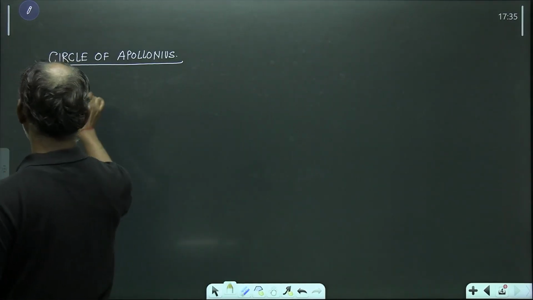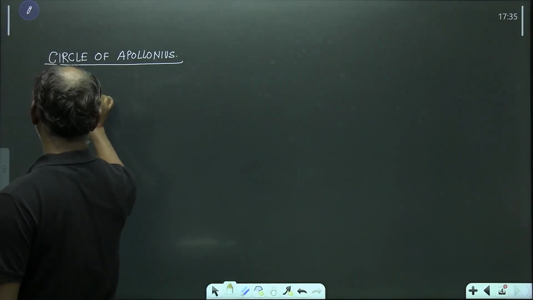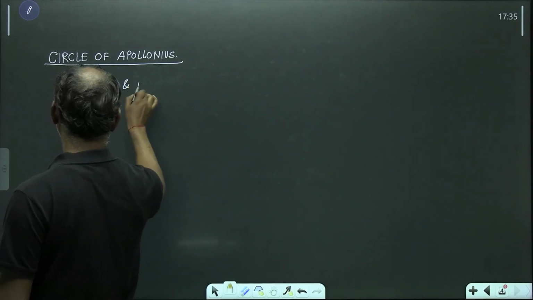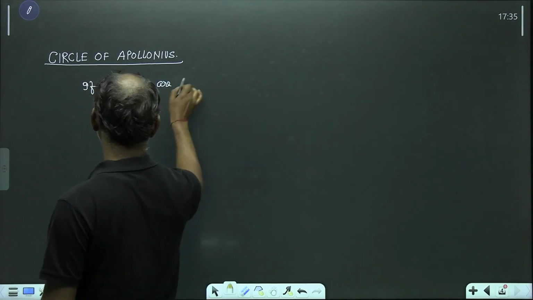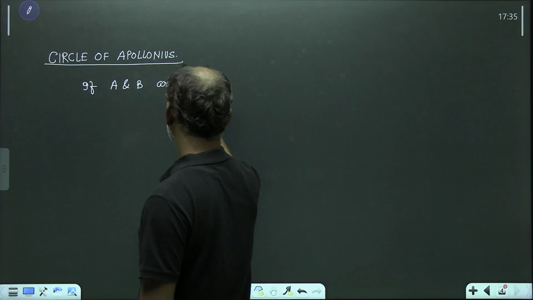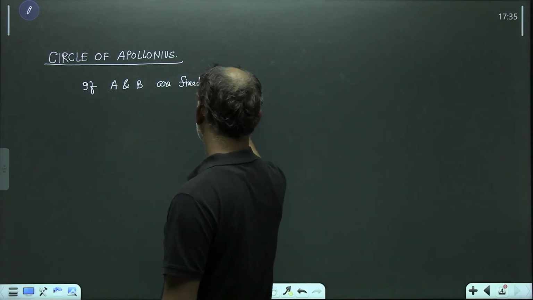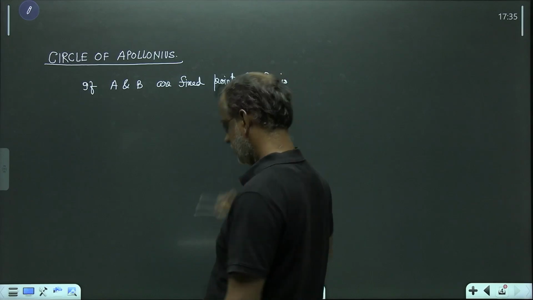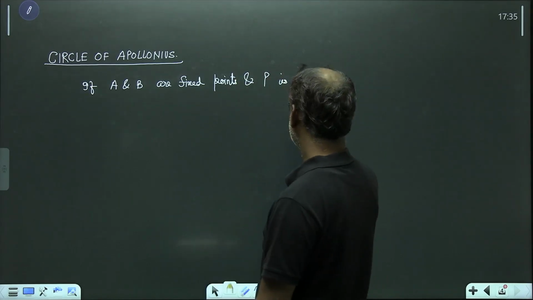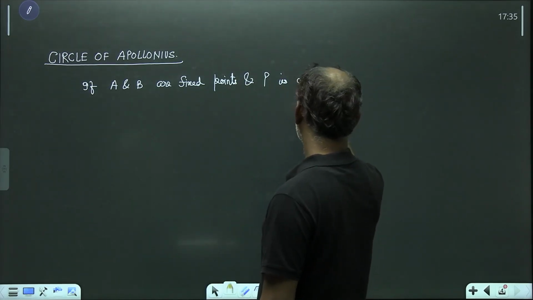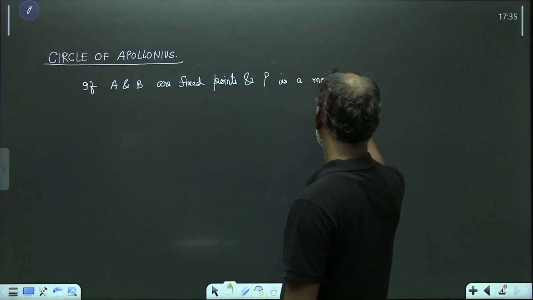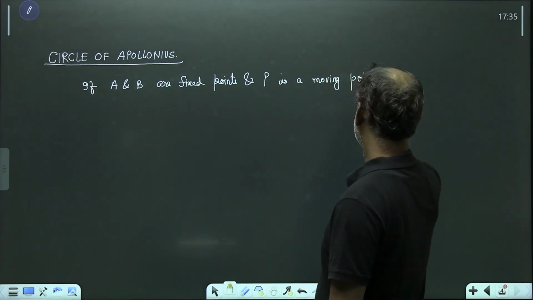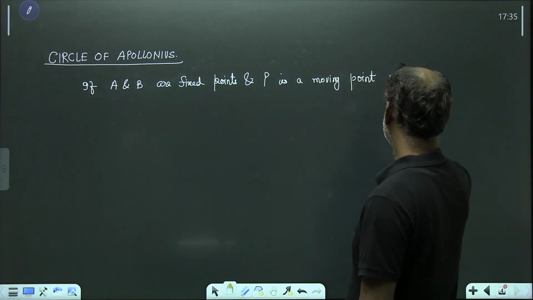It says if A and B are fixed points and P is a moving point such that